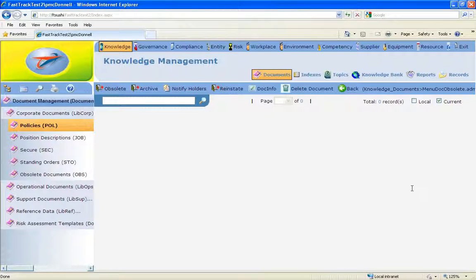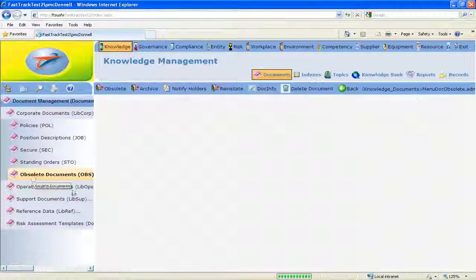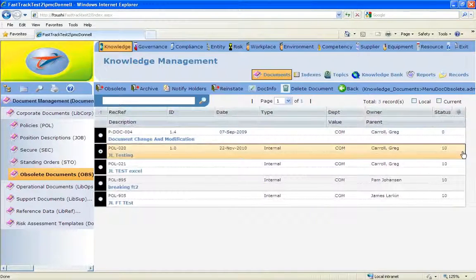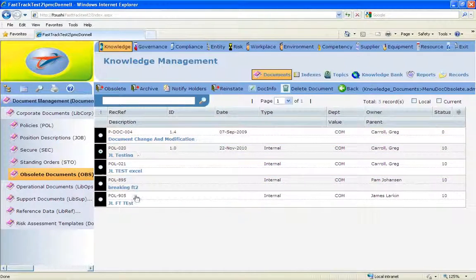Now to check that has been done, you can go into the obsolete documents and you'll go, okay, where's the obsolete documents? What we have is it's hidden away even in the obsolete documents library. And up here there's a little tick box that says current. That's highlighting all the documents that are current, and there's nothing current in the obsolete documents. So we untick that, and that shows us all the documents that have been obsoleted in that particular